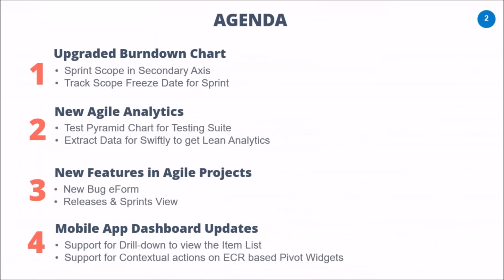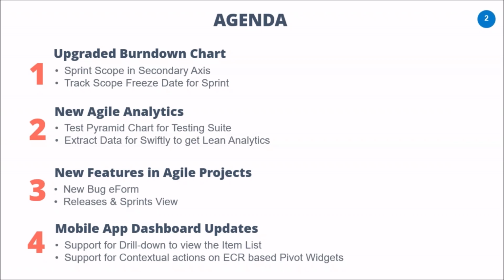So the agenda for today's session would be, we'll first look at the upgraded burndown chart. We will get into why we are calling it the upgraded burndown chart, and the key capability that you will get as part of this upgraded burndown chart would be the ability to look at the scope changes that have happened during the sprint duration. And along with that, how the scope freeze date plays an important role while you are tracking your progress on